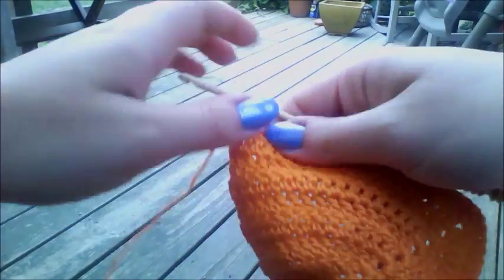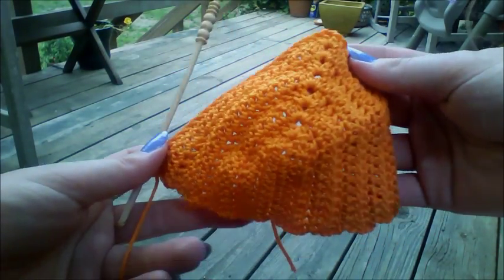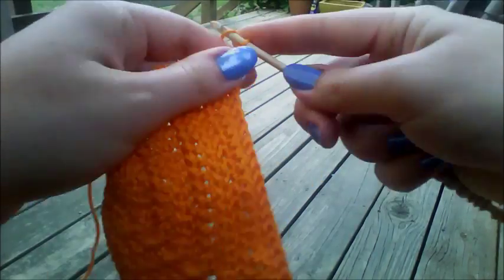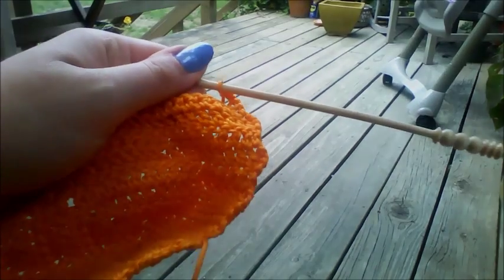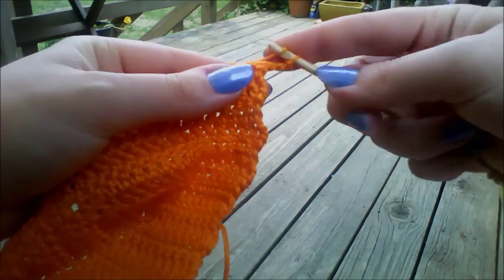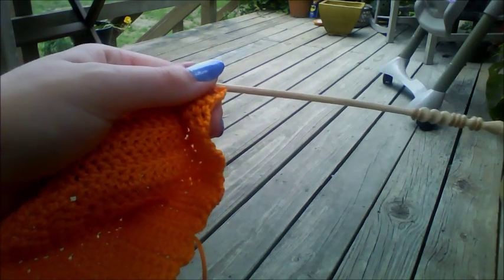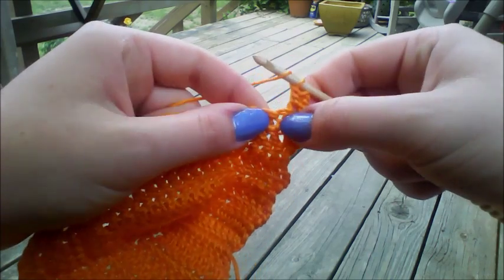I've done 8 rows of double crochets to make my size B bikini, and now once we get to the end here, we're going to chain 3 and then turn our work around, and then we're going to do a double crochet into the same chain space right there, the first chain space, and then do another one in the next chain space,